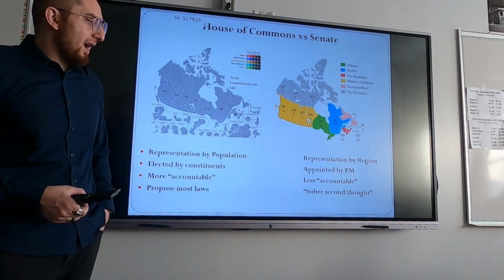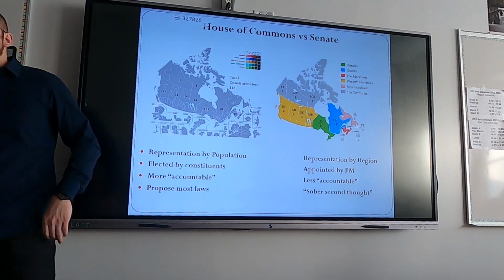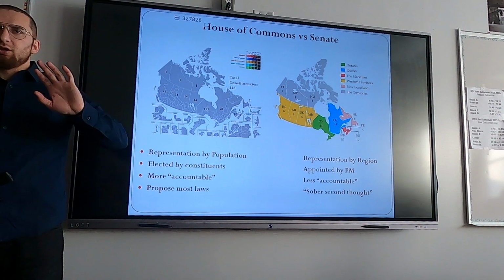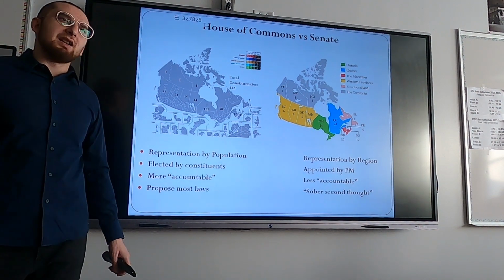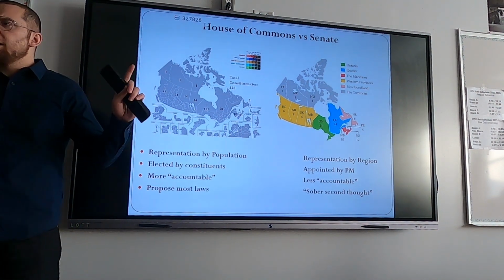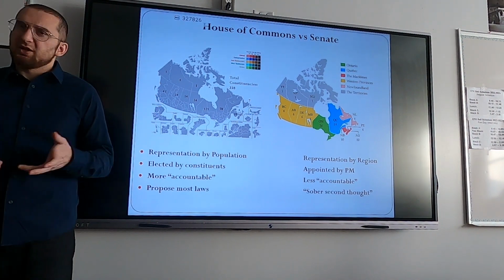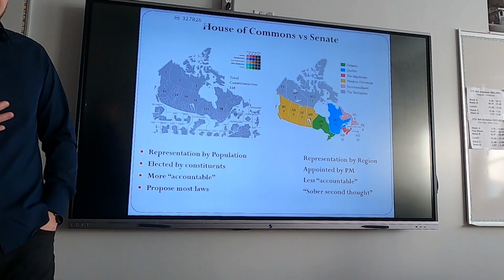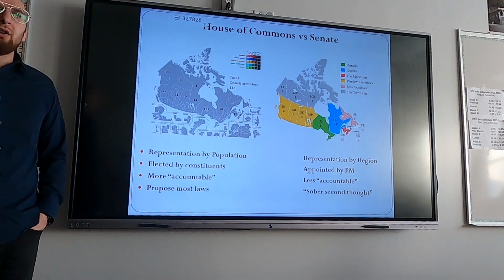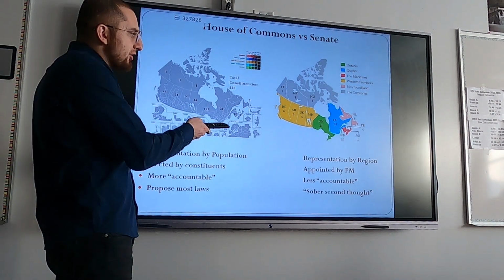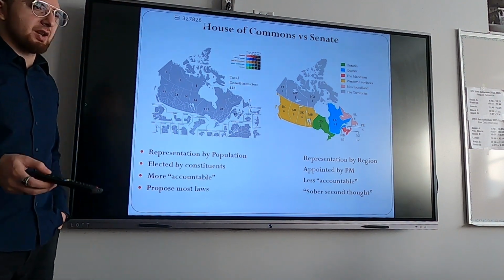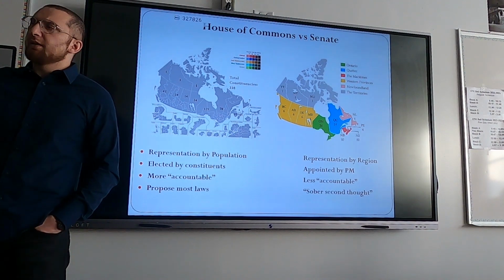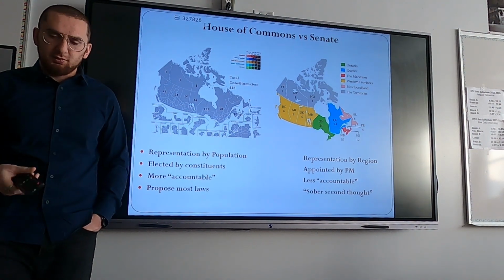The Senate also provides what's called a sober second thought. When they look over the legislation, you have all the parliamentary people who look at it, but then you also have the Senate, and the Senate can have a wide variety of people on it, because they're appointed. They look at the laws with a different perspective and background, and the attempt is to represent the region that they come from, right? Someone in the Prairies might have a different perspective than someone in the Maritimes, someone in the North, or someone from Ontario or Quebec.